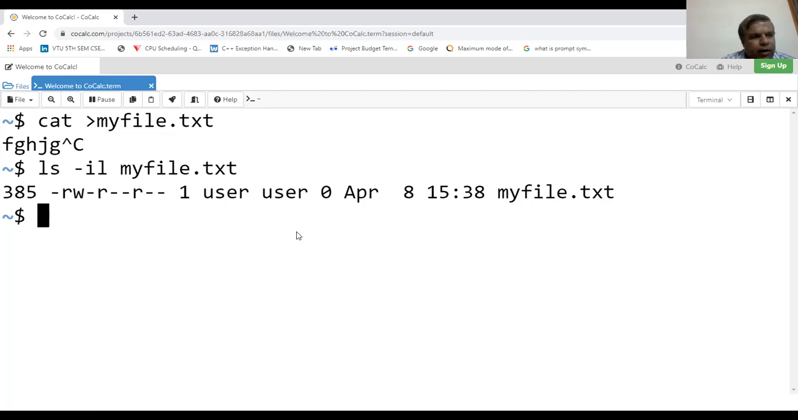Then how do you create a hard link for a file? Let me create a hard link for the file myfile.txt. So right now, what is the link count of this myfile.txt? It is 1. So it is not referenced by any other name. Okay, no other links right now. So let me create a link for this file. So how do you create a link? Using the ln command, ln